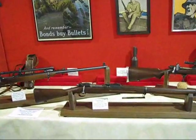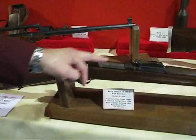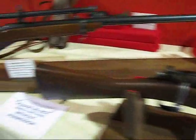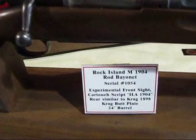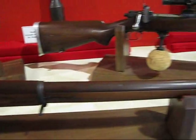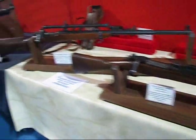models made at Rock Island. It has a Craig sight, a Craig butt plate, and there's only one other one they know this early that exists, and that's in one of the museums. So that is an extremely rare gun. Then we go down here,